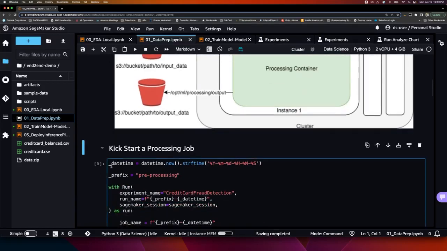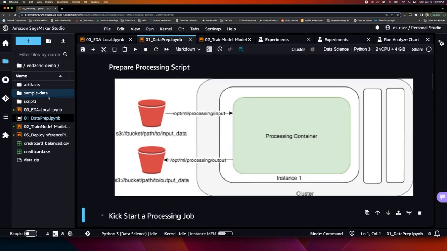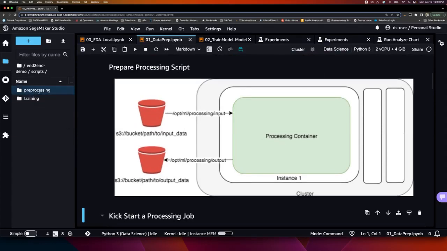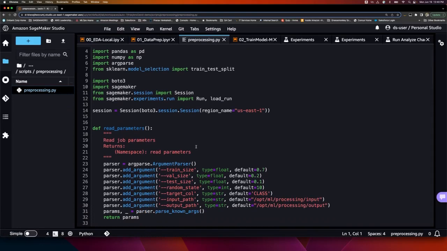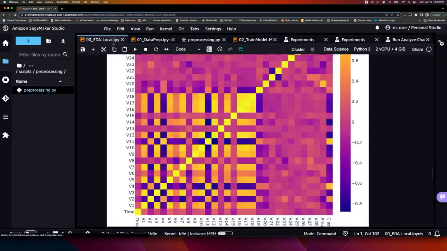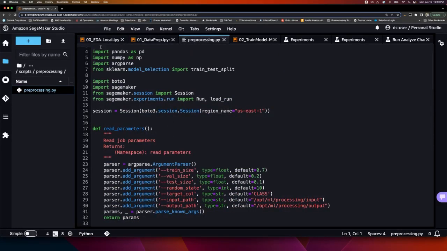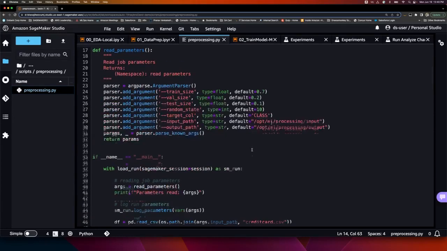Before I kick off a processing job, let's take a quick look at what the processing script looks like. In my pre-processing script, it's the exact same procedure as with the exploratory data analysis notebook. What we're doing here is we have a few imports. We're going to read a few